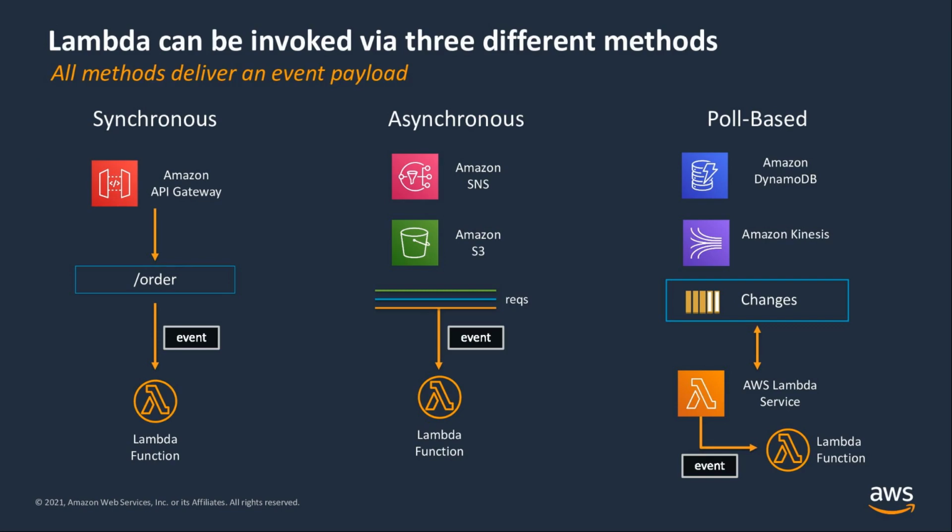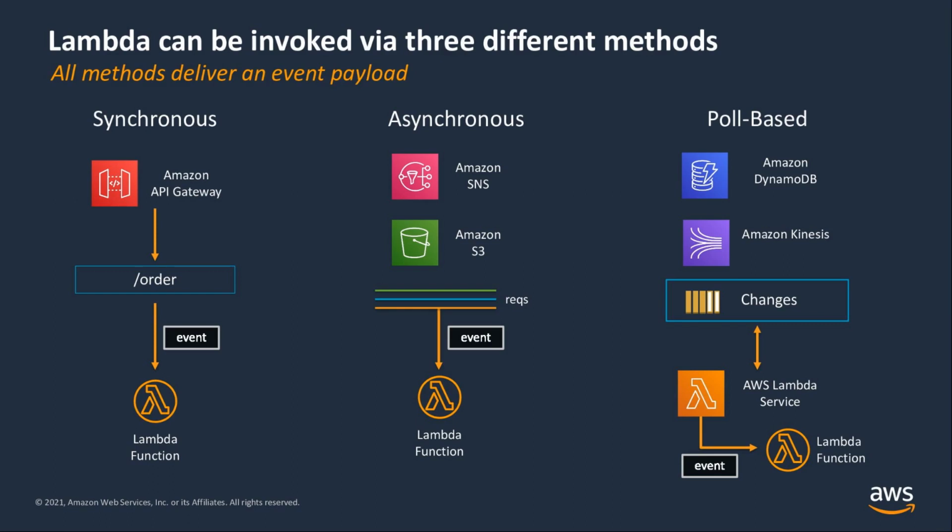So next, we want to look at how Lambda can be invoked, since Lambda plays a crucial role in integrating these event-driven services. Lambda can be invoked synchronously, asynchronously, or poll-based. Synchronous invocations are the most straightforward way to invoke your Lambda functions. In this model, your functions execute immediately when you perform the Lambda invoke API call, and then the caller will wait for a response. So what you're most familiar with. Many AWS services can emit events that trigger Lambda functions, like API Gateway, Application Load Balancer, and CloudFront.